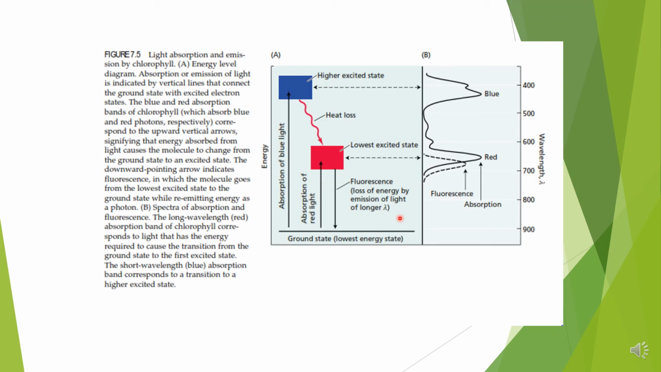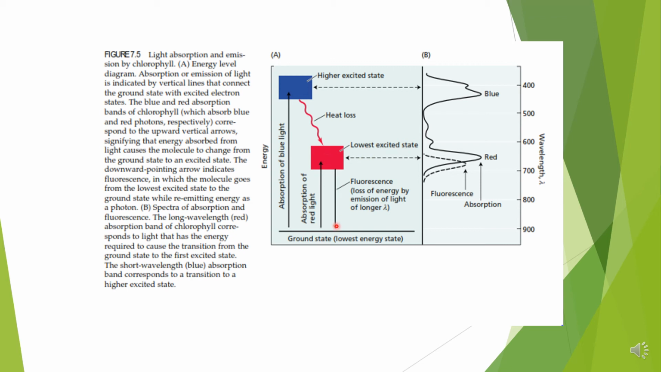Now in this diagram, this has been shown. The blue range has excited the chlorophyll molecule up to a higher position as compared to the red light. So coming back to the ground position from this position, it will take time, whereas from this region, the excited chlorophyll molecule, which is termed the lowest excited